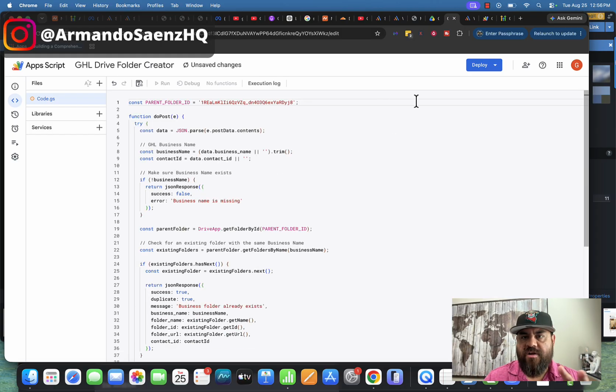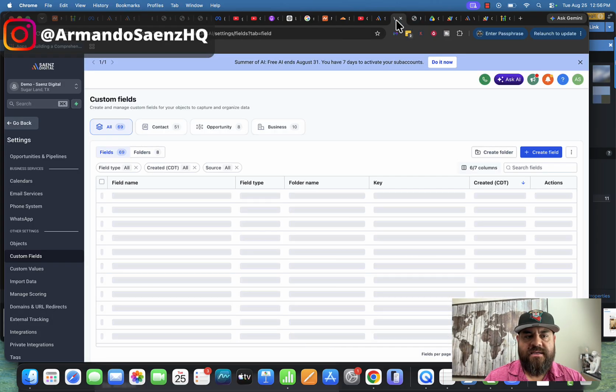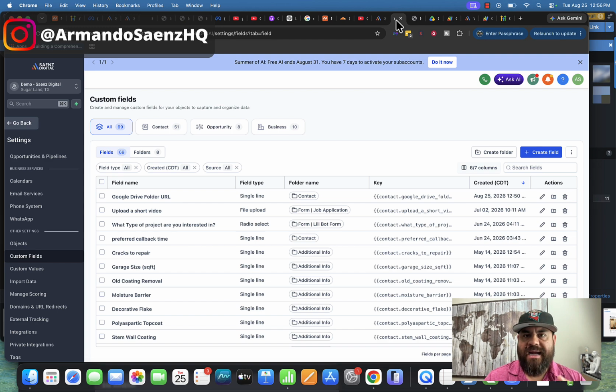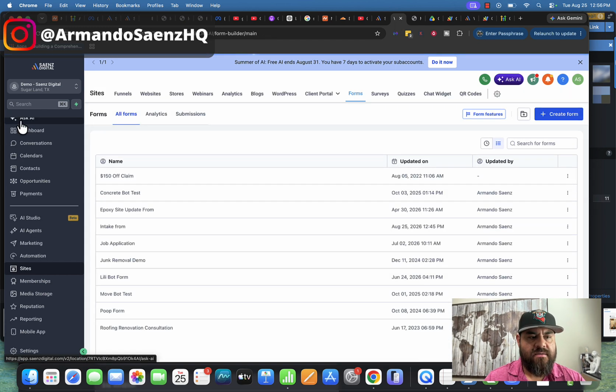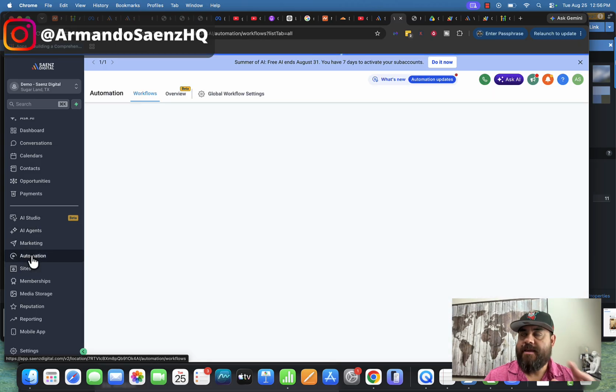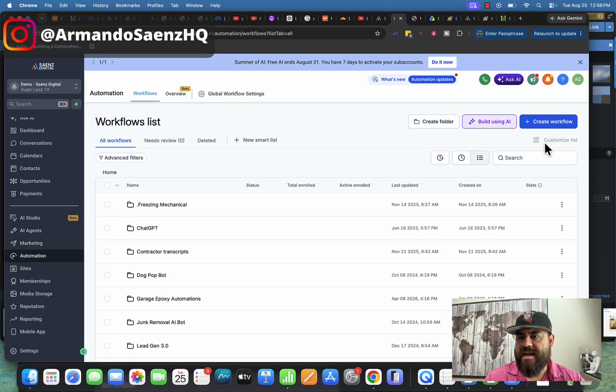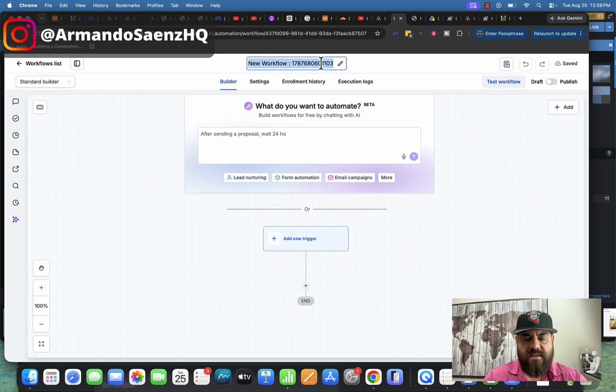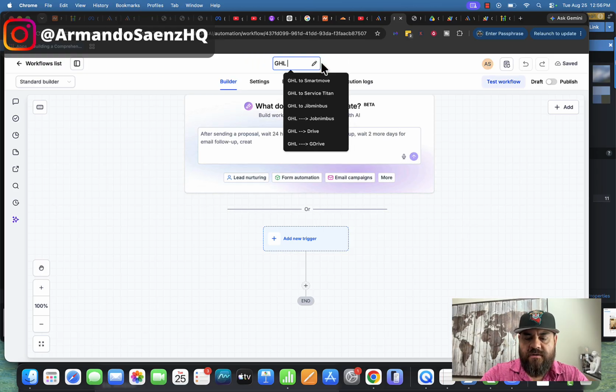Before you go any further, we're going to leave everything alone the way it is, and we're going to come back to our GoHighLevel account. You're going to click on the main section of GoHighLevel, and you're going to go to automations. Inside of automations, we're going to create a new automation, and we're going to build everything from scratch. So click start from scratch, and I'm just going to label this GHL